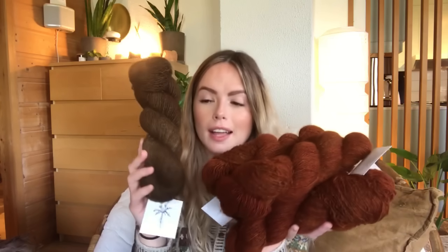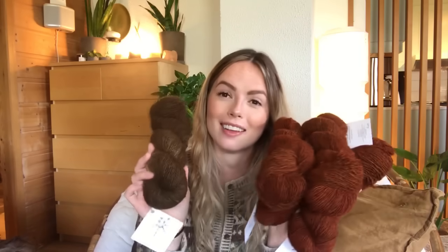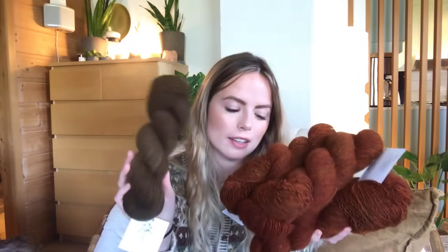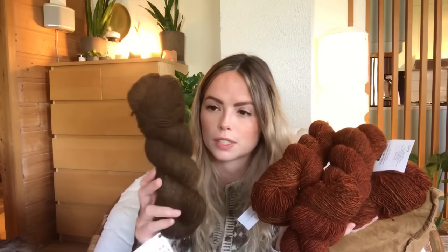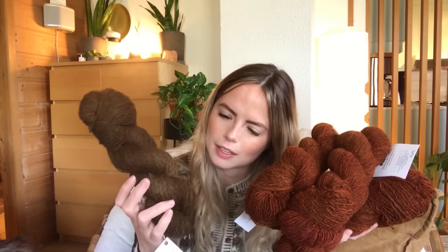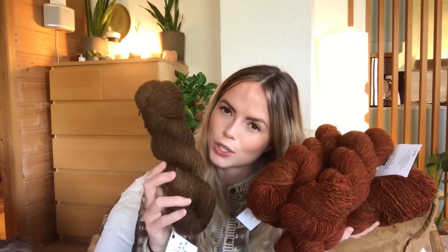I also got one of these skeins, which is called Forest Floor. And I think what I was thinking when I ordered this is that I love both the colors, but it would be too expensive to get 2 sweater quantities. So I went for a sweater quantity in the Roots colorway because it's everything that I love. And then I really thought the Forest Floor was interesting. It's a brown color. It really does look like the forest floor of a pine forest with like the dirt,